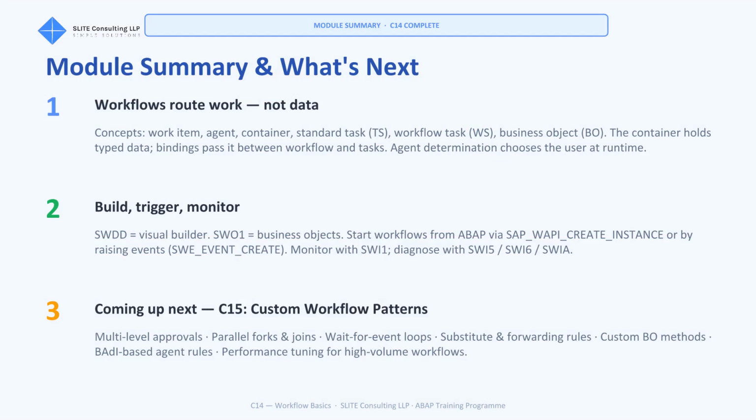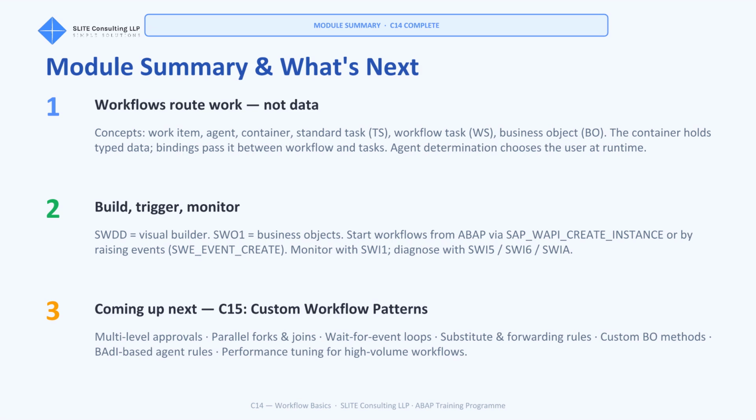Workflow in one line: work items in inboxes, routed by agent determination, carrying data in the container, executing tasks. TS for one BO method, WS for whole orchestrations. SWDD for design, SW01 for business objects, SBWP and Fiori for the user inbox, and SWI1, SWIA, SWI5, SWI6 for monitoring and error recovery. Trigger from ABAP with